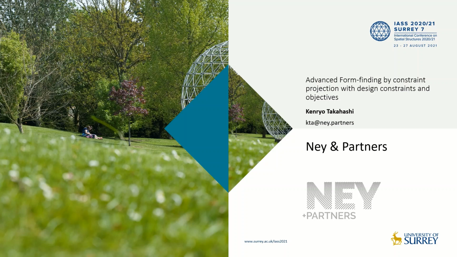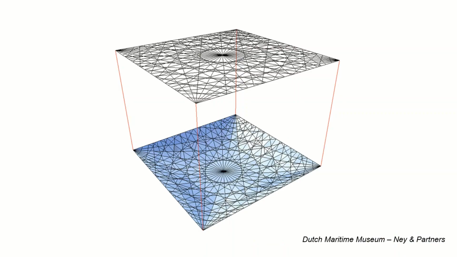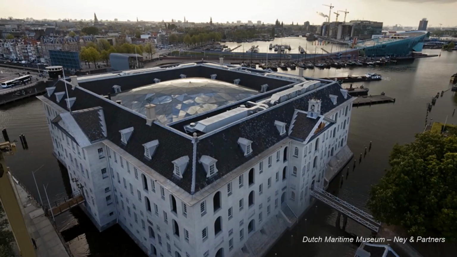We present a novel numerical method for form finding with constraints and objectives. Form finding is a technique to find a structural equilibrium for given boundary conditions. Numerical methods of form finding allow us to take into account various complex constraints. This project illustrates such an example, in which the planarity of the facet is imposed while the shape is found